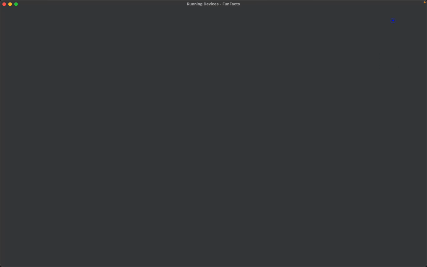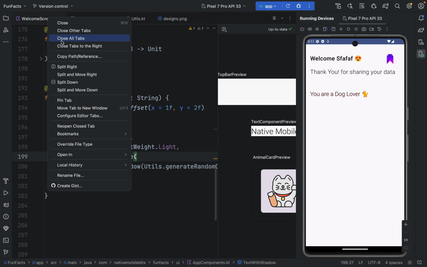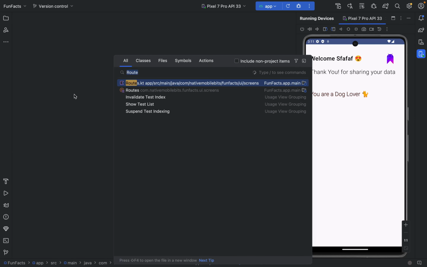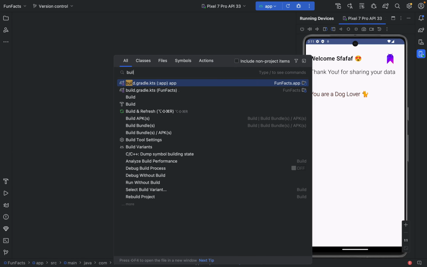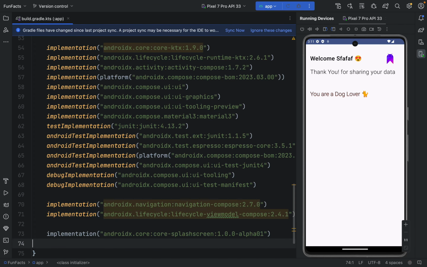Okay, so it's fine. So now the one thing I want to do is, let's set the channel logo itself as the splash screen first. So let's close everything. Let's go to build.gradle. We need to add the dependency for splash screen. This is the dependency which we can use. We need to sync our project,